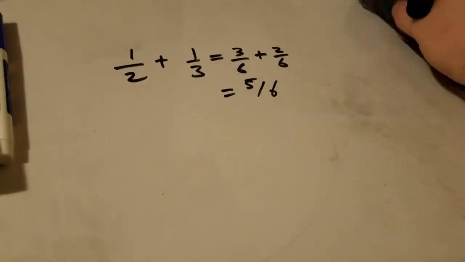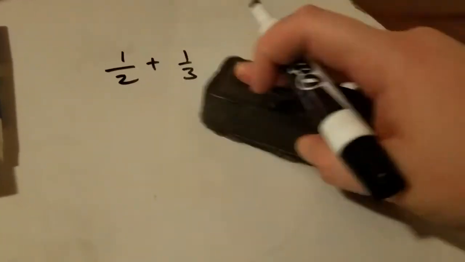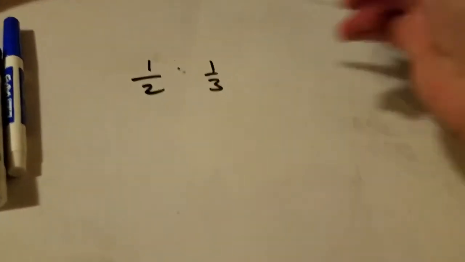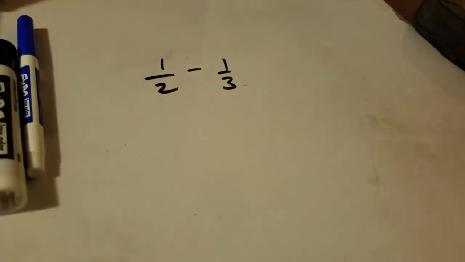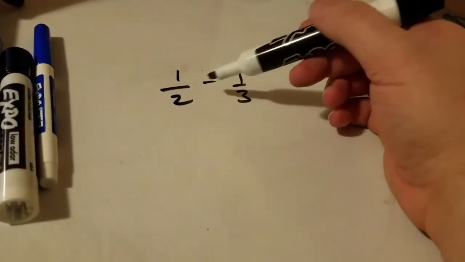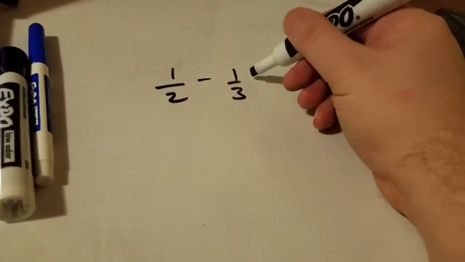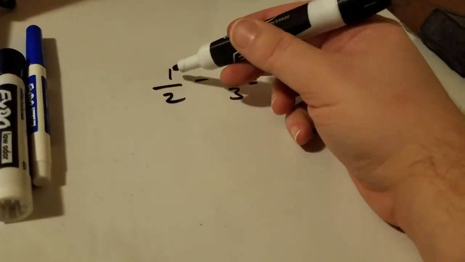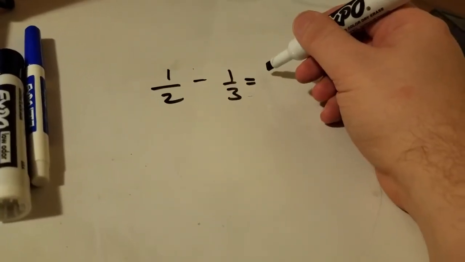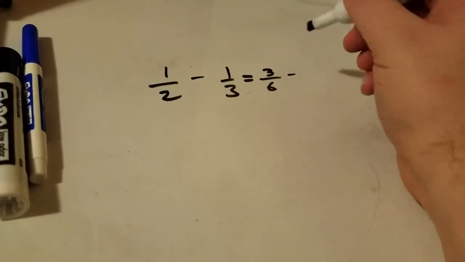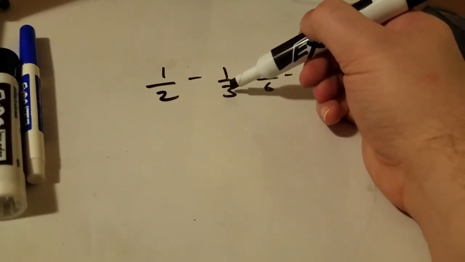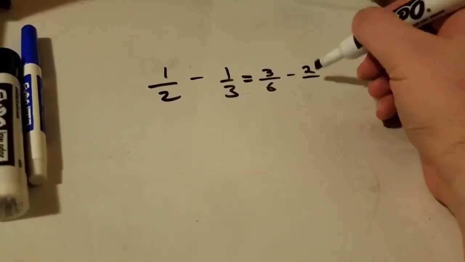Okay, now what about subtraction? Is that any different? Let's look at that. So subtracting them, it's the same idea. When you add and subtract, you have to have the same denominator. So I'm going to turn this into a 6 by multiplying it by 3, so I have 3/6, minus, and then I need to turn this into a 6, so I multiply this by 2, so I get 2/6,